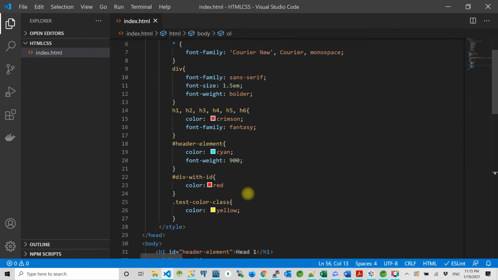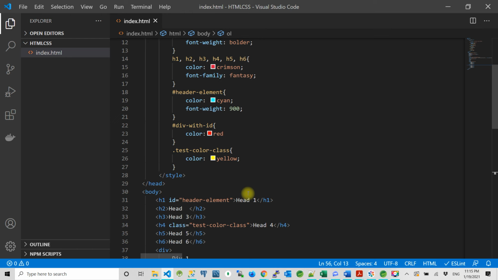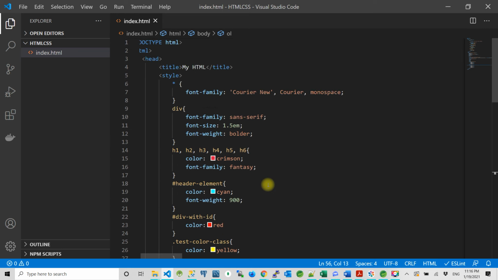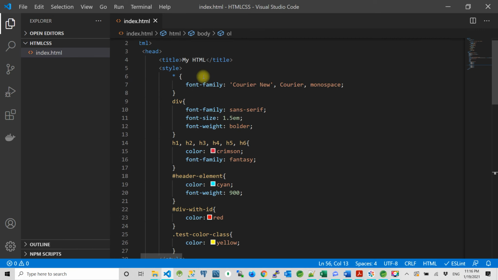There are some more style combinations you will be able to get. For example, you can have an inner class: there is a container div, inside that there is a particular class or particular ID, so only that style alone you can give. You will learn those kinds of things in the implementations, but we have still not moved this file into